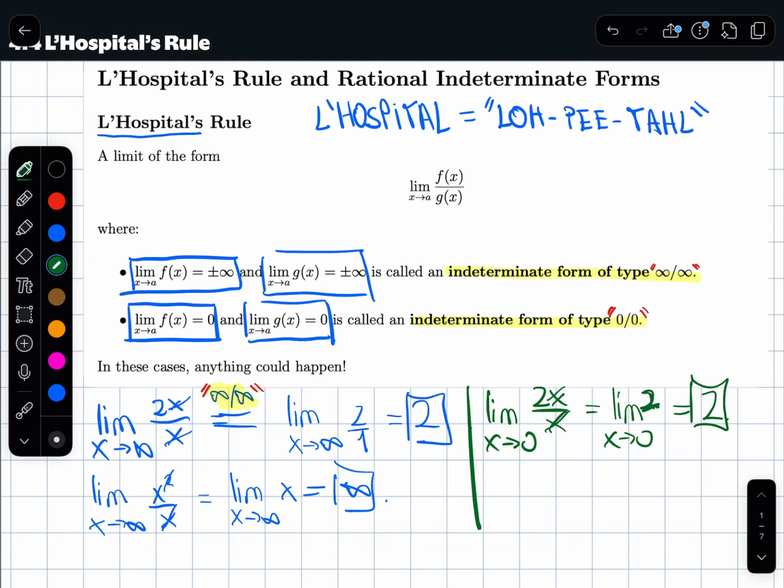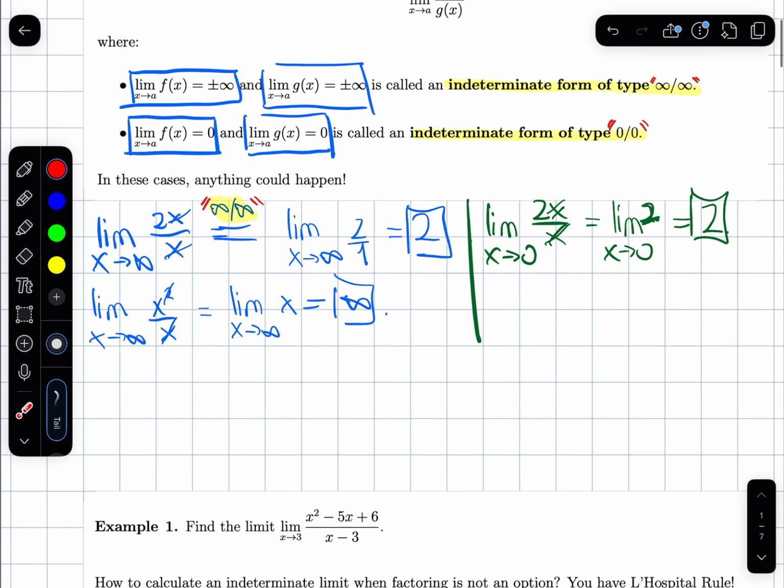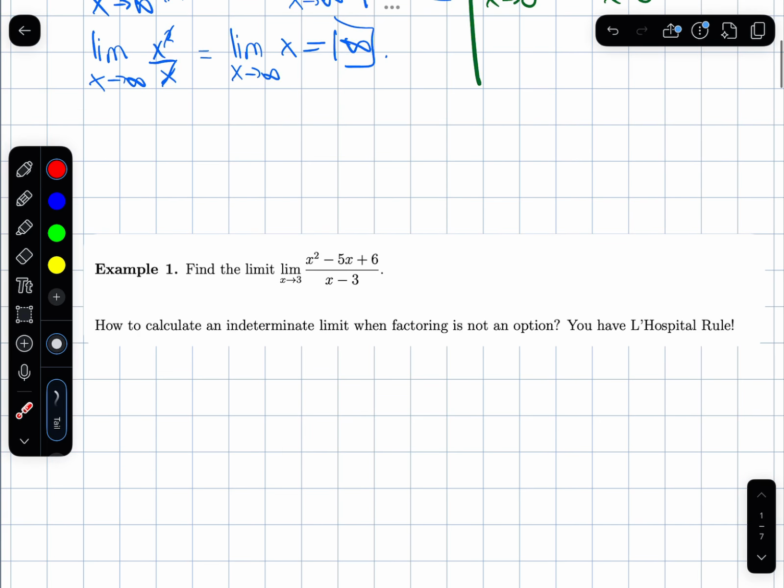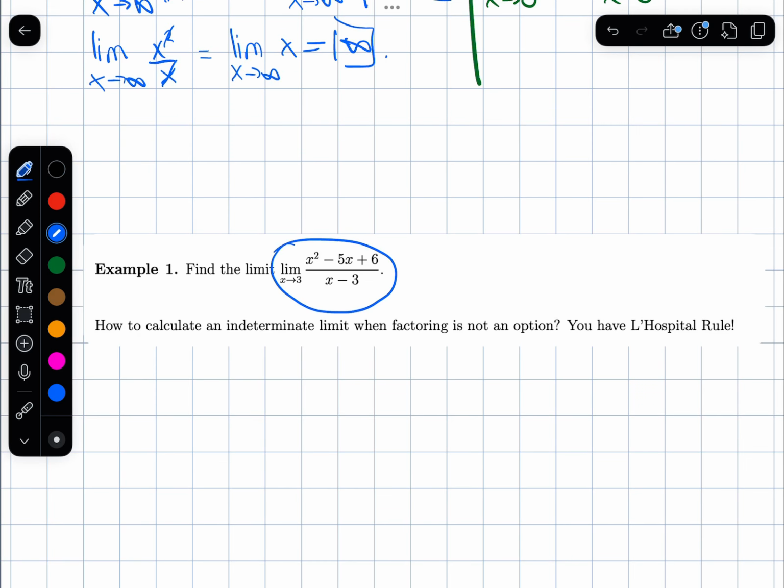You've already known how to do some of these. For example, this one you've known how to do from previous videos that I have here on my channel. I'll give you a quick example. Here's this one. You have this limit, x goes to 3, of (x squared minus 5x plus 6) over (x minus 3),